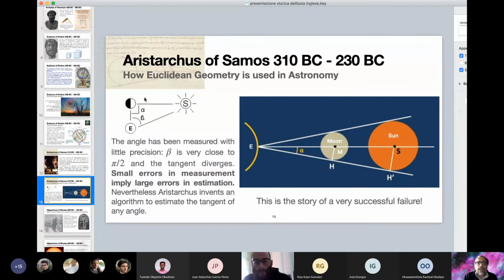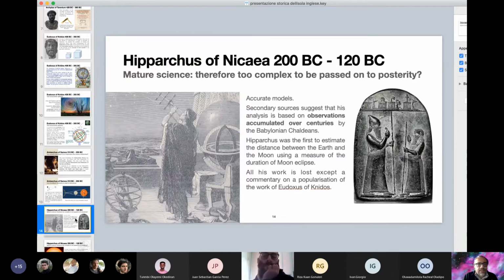So now, let's go back so you understand. Aristarchus started measuring the ratio between the distance Sun-Moon and the distance between Earth-Moon. Then he also got an estimate, in terms of these ratios, of the radius of the Moon and the radius of the Sun. Some 70 years later, Hipparchus manages to measure the distance between the Earth and the Moon. So he managed to complete the measurement of the distance between the Earth and the Sun without moving from the Earth.